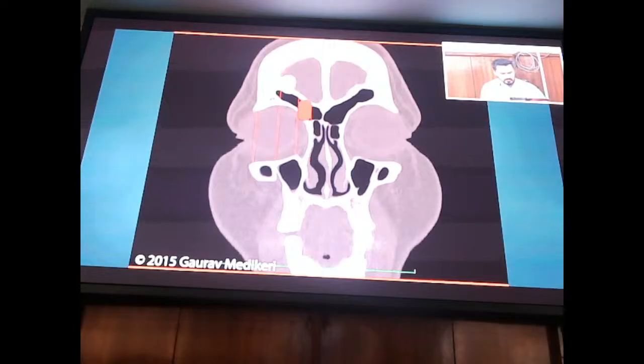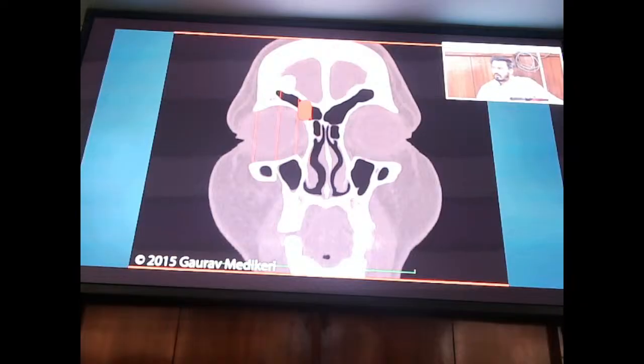Okay, so again, for us to understand, if you divide this orbit into multiple compartments, you will see that whenever the disease is in the medial compartment of this orbit up to this area, it is quite easy for you to address these pathologies through the transfrontal route. That is, you can do a frontal sinusotomy and you should be able to address this. But if you want to go beyond this segment here, beyond this red marker, then you will have to do an extended procedure like a frontal sinus drill out, like a Draf 2B, or you might have to go cross-court where you do a superior septectomy and go from the opposite side,